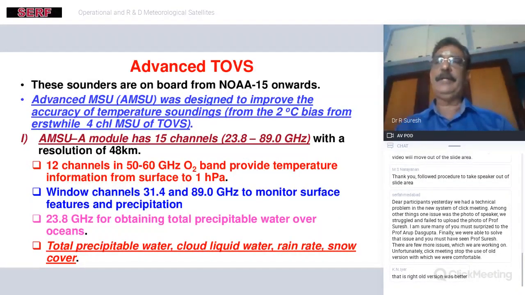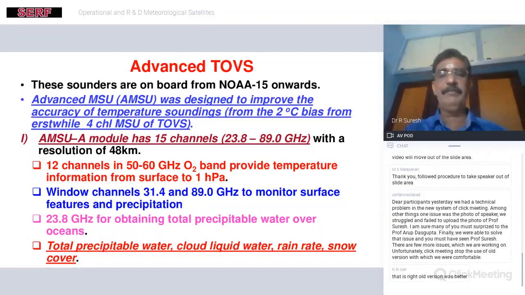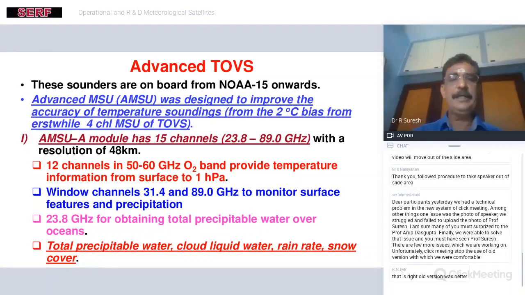The significant improvement was in TOVS temperature retrieval, for the mid-troposphere or top of the troposphere. It varied somewhere between 2 and 4 degrees during different phases of experimentation. Now with ATOVS, it has come down to less than 2 degrees Celsius bias, which is nothing but the error between the satellite-derived temperature and the co-located radiosonde profile. By co-located, the satellite will not pass over exactly at the same time as the radiosonde release. We considered plus minus 1 hour, plus minus 100 kilometer as the validation point. The validation criteria may change depending on the researcher who did it. This is by and large an acceptable version.